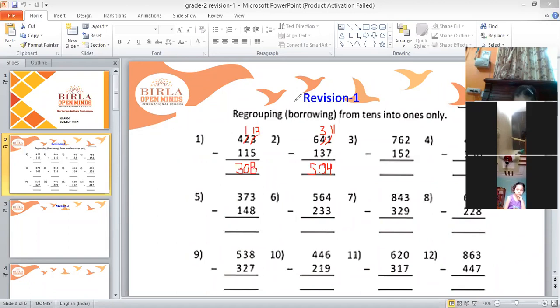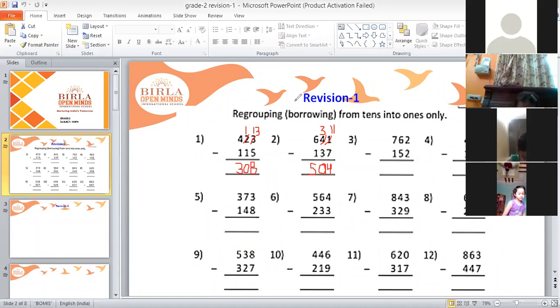Yes, Advaita. Advaita, you are raising your hand. Do you have any doubt? Yes, Krishika. The second question I wrote wrong, ma'am. So I want to tell the third one, ma'am. Now, Krishika, next time. Now I'll ask other children. See, that's why I'm telling you everyone, every time, that you have to note down the correct question. Okay, I'll get back to you.